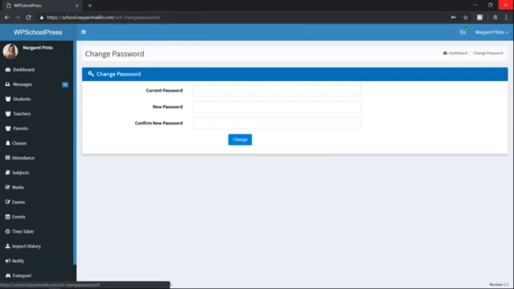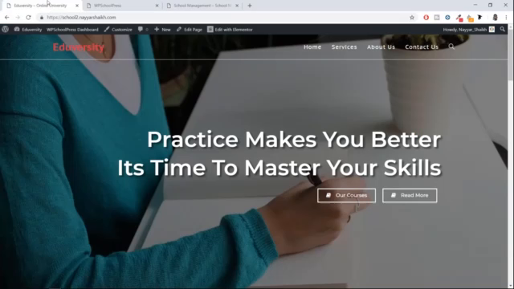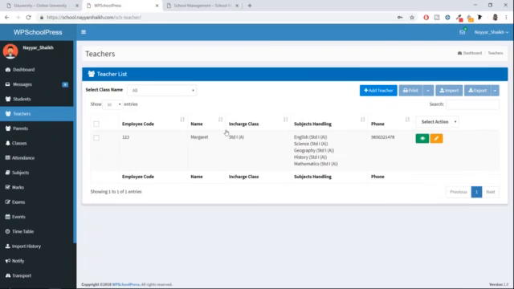We just have to do one thing. We have to add some link on the website to log in, so that they can click on that and log in as a teacher or as a student, however they want. All right guys, just as I said earlier, with this we are done.